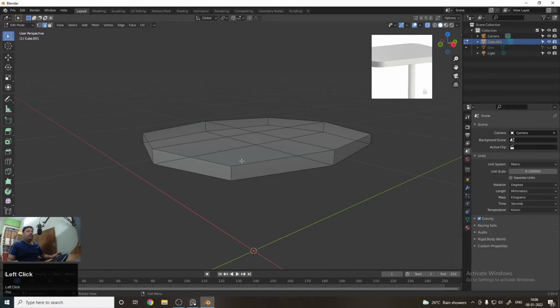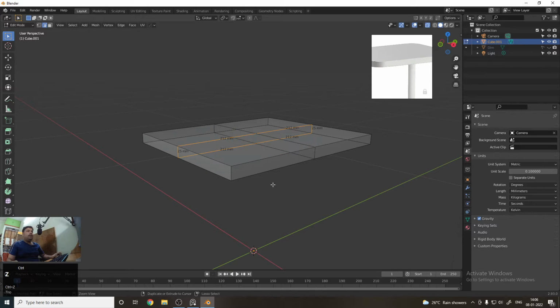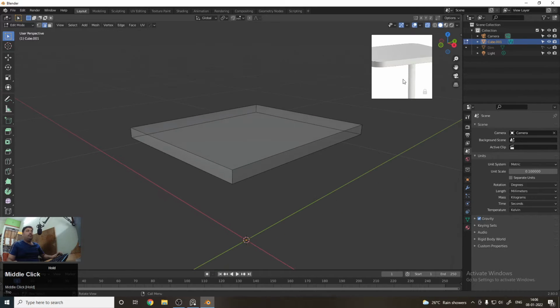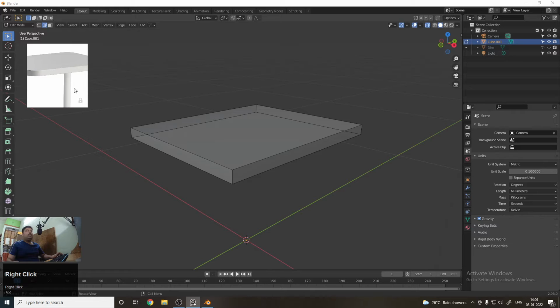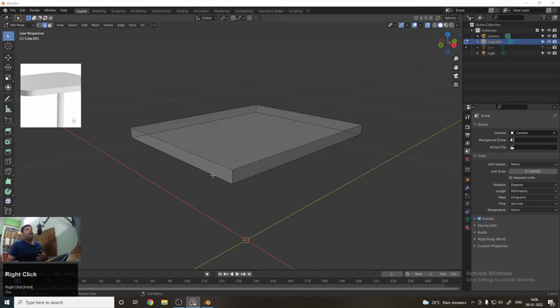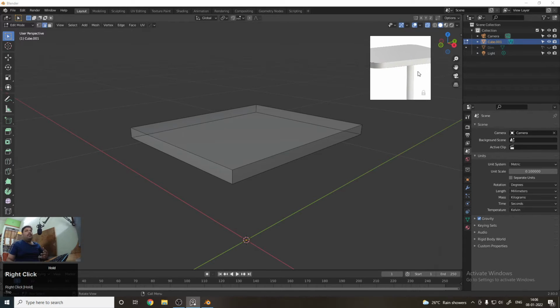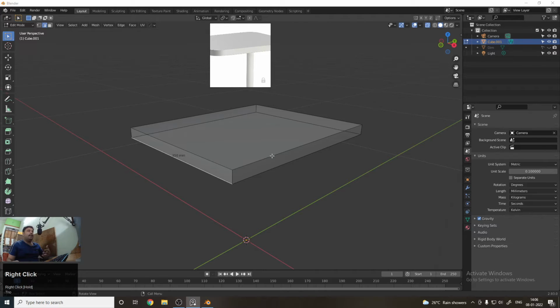So now I am doing undo, so that we just have the 4 side cube. Now I am gonna tell you that we are not able to see how many vertices, edges and faces are currently in this Blender file.